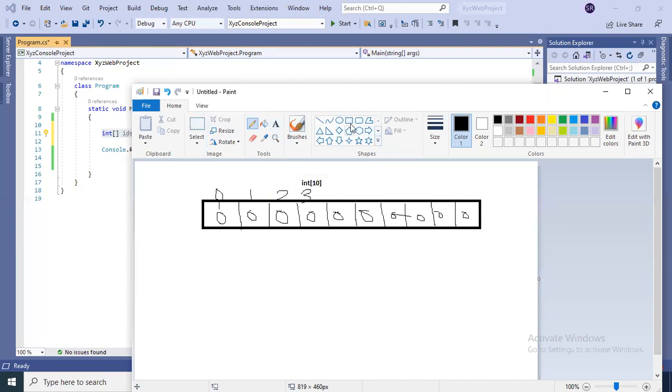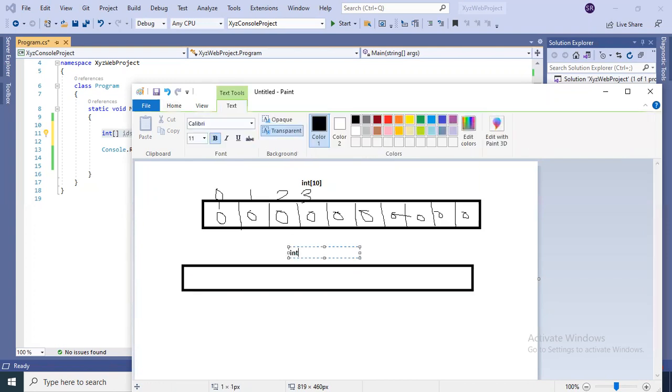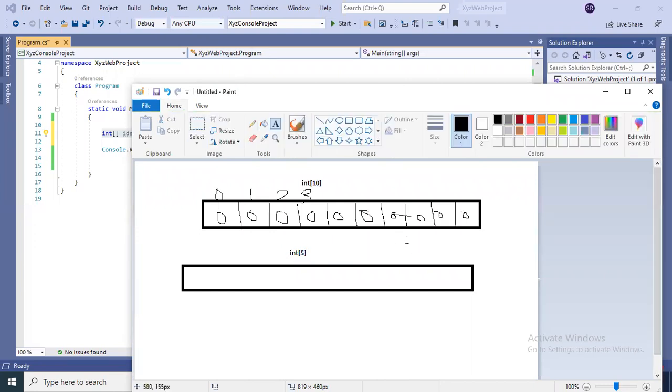So one question I would like to ask you. I have created an array of integer type and I gave the length 5. What will happen? How many blocks will be created here? Ashwita? 5 blocks, sir. 0 to 4.